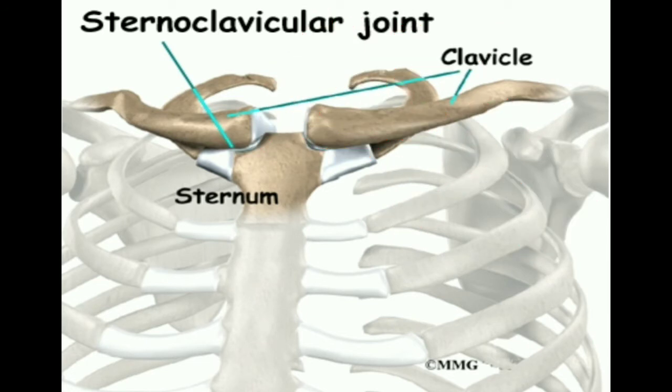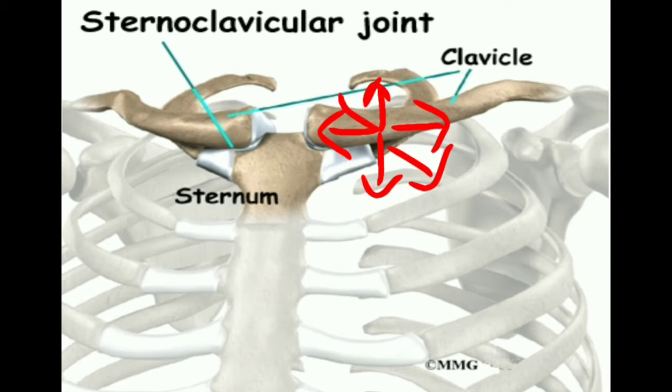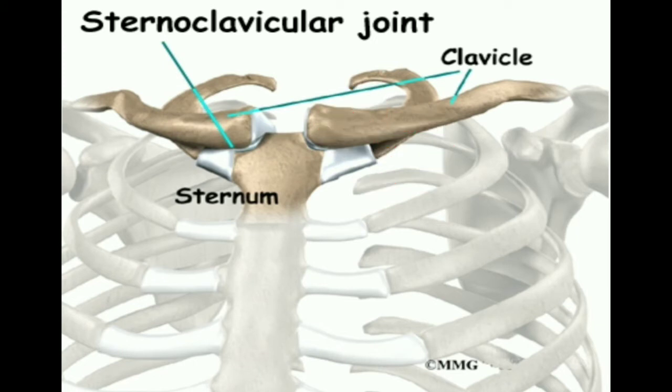So let me tell you one more time. This is superior translation, this is medial translation, this is anterior translation, this is posterior translation, this is lateral translation, and this is posterior translation. So these are the very minimal movements that happen here. Our point of interest is to understand the rotatory movements.